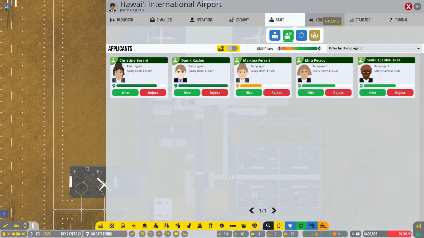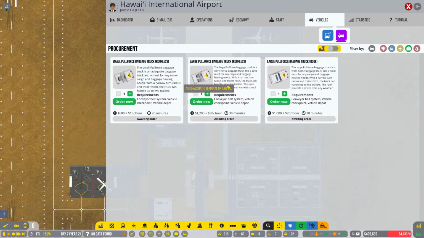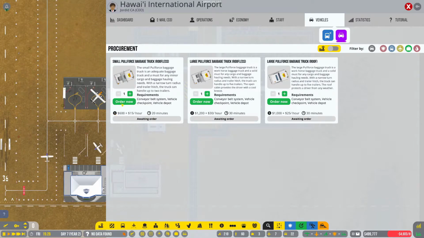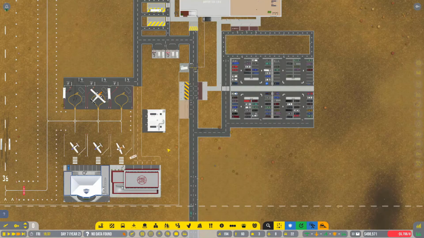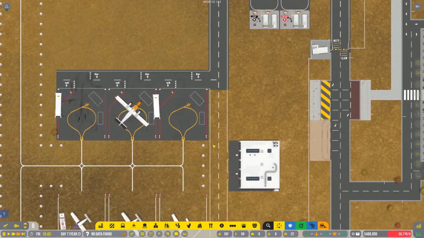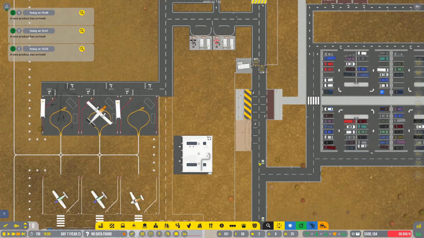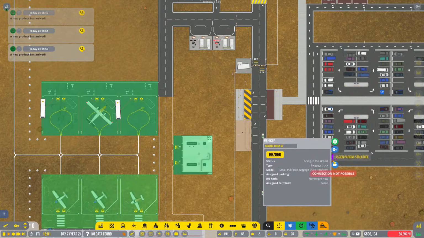Okay, we're also going to need to buy some baggage cars, or baggage trucks. I can't remember or not. I want to check something first, so let me just order 3 of these small ones first, and then once they arrive I want to check something. I want to check if I can have them like the buses are. I want them to be positioned on the stands that they're going to serve, and if that's possible,